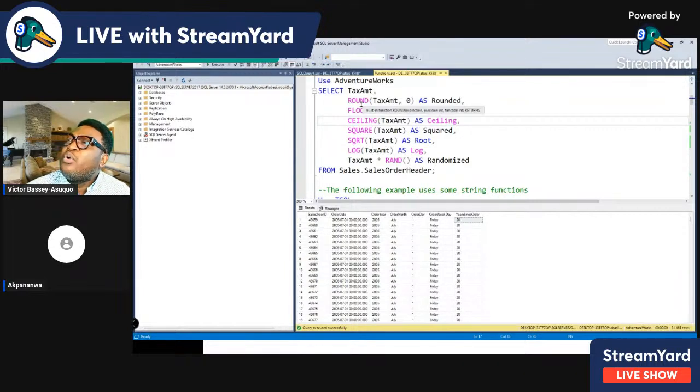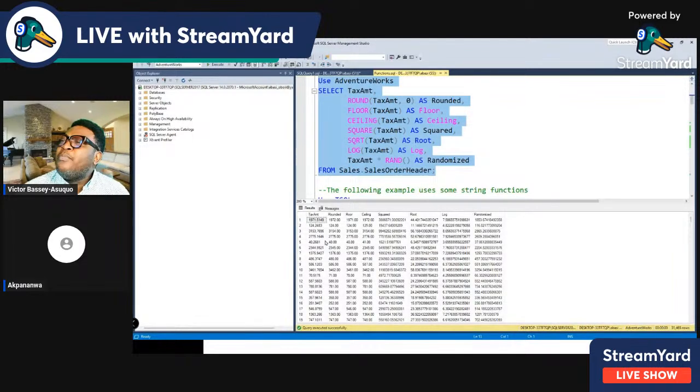So we can see we've got the round function, the floor function, the ceiling function, the square root, and the log. If we now execute this query, we're going to see that it gives us something more meaningful. This might not be something you'll use on a day-to-day basis in your organization, but of course we can see here it tells us, first of all, it rounds the tax amount to